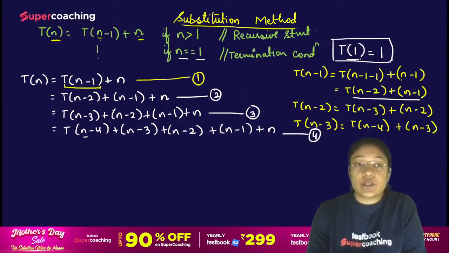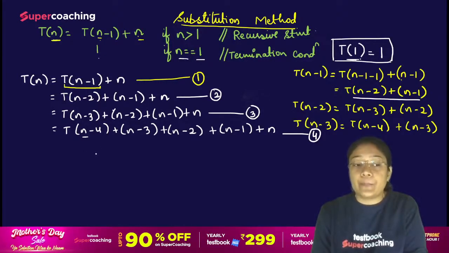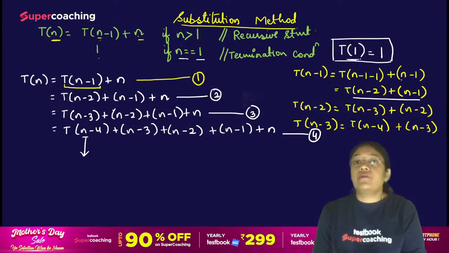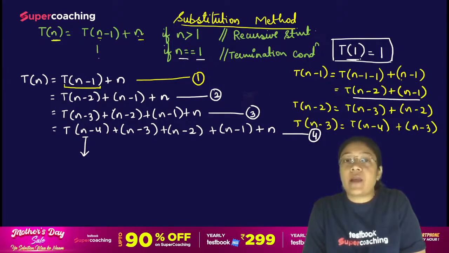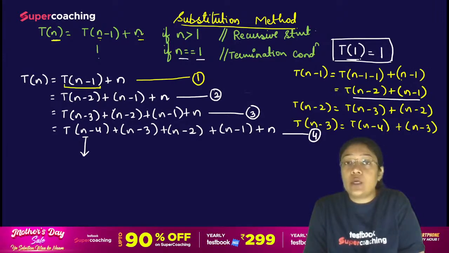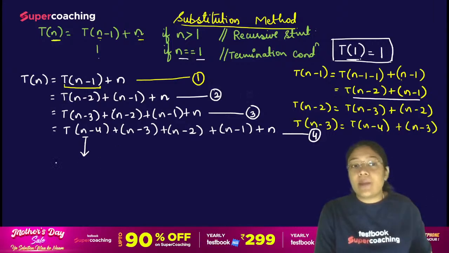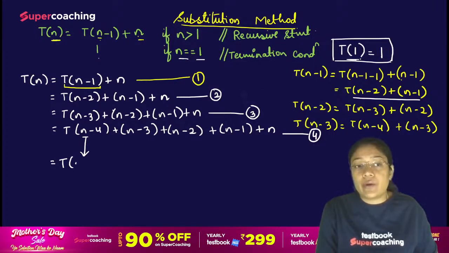Quickly write in the chat section that from n, what should I subtract so that the final result comes out to be 1. If we have the value of n as 5, 5 में से मुझे क्या subtract करना है कि result 1 आए? 5 minus 4 is 1. Similarly, if the value of n is 20, 20 minus 19 is returning 1. So n में से क्या subtract करेंगे? n minus 1. So it will be t of n minus 1